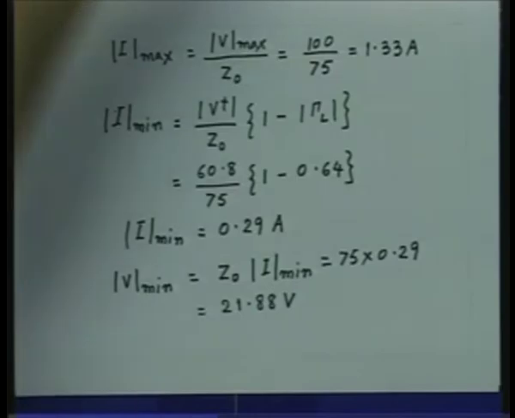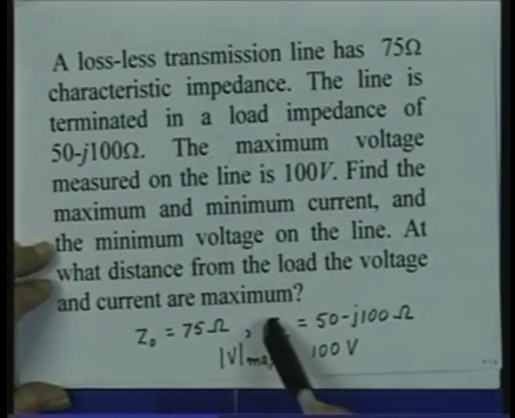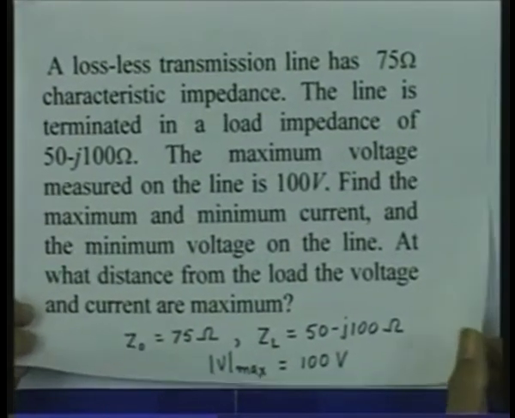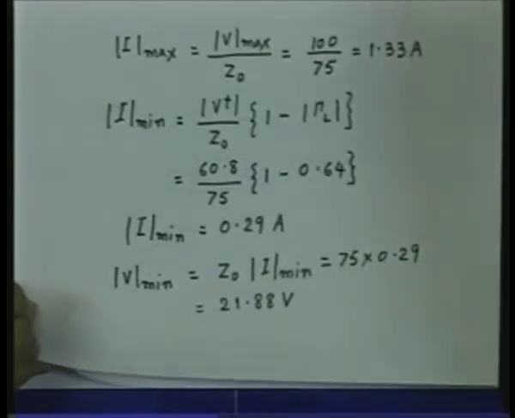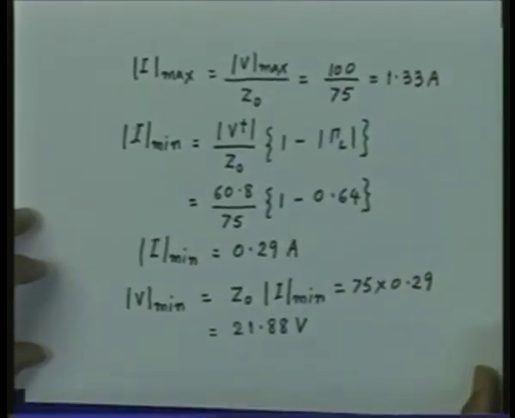Now, we also have to find out the location of the voltage and current maximum on the line. For this, we have to go to the basic relation of the two travelling waves. When the two travelling waves have constructive interference, that time we have a voltage maximum. When the two waves have destructive interference, we have the voltage minimum, and at the same location we have